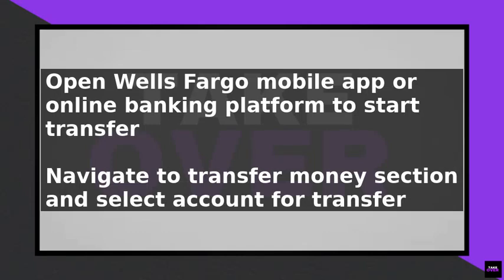To transfer money from Wells Fargo to Zelle, start by ensuring you have the Wells Fargo mobile app or access to their online banking platform. Open the app or log in to your account on the website and navigate to the Transfer Money section. Select the account you want to use for the transfer, such as your checking or savings account, and choose Zelle